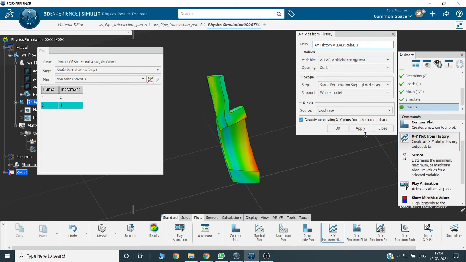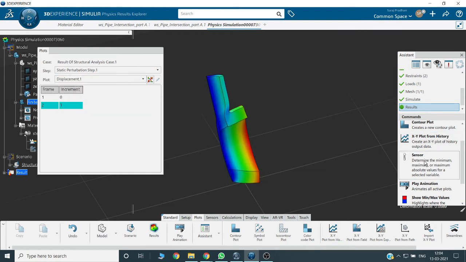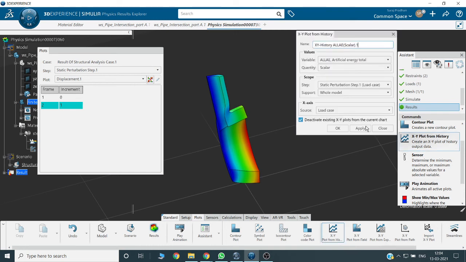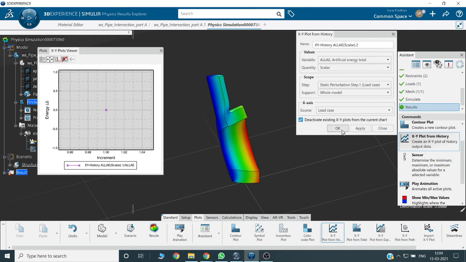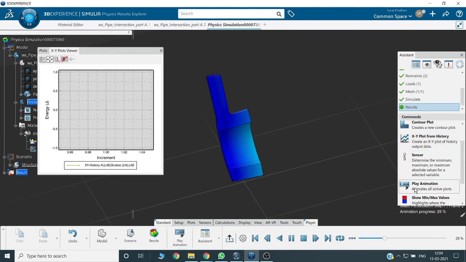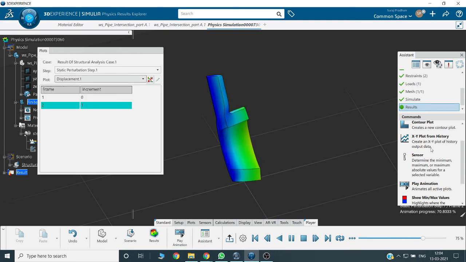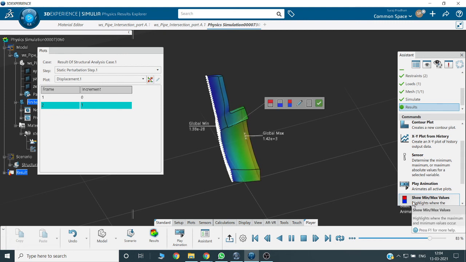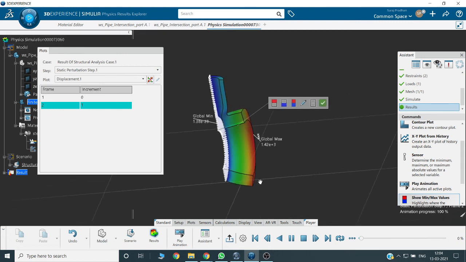If you want to add in displacement the plot with respect to time, you can go for that, play animation. And there are a lot of things.